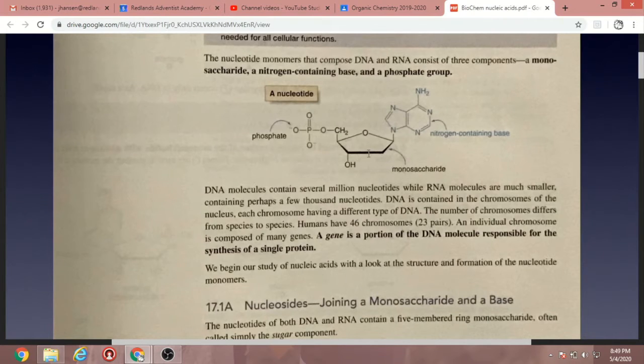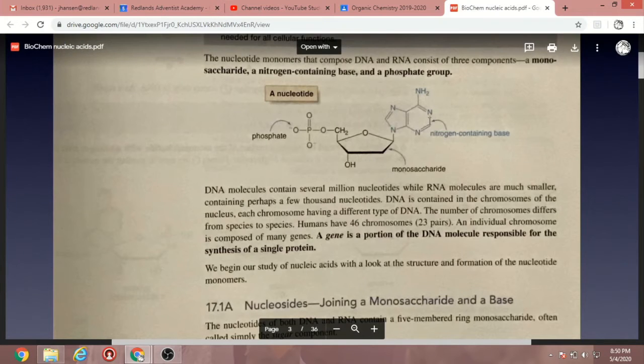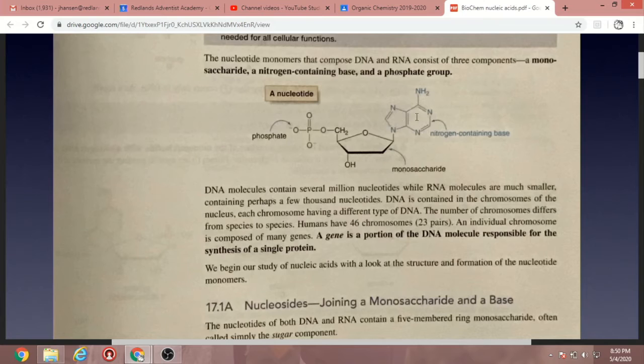A monosaccharide. Remember, of the monosaccharides, we have all kinds, but in this case, it's usually going to be either ribose or deoxyribose. And it also has a phosphate, which is just PO4, or phosphorus with 4 oxygens. And it also has a nitrogen-containing base, which we call a nitrogenous base. So it's not an amino acid or anything like that, but there's a whole lot of nitrogen in it. This is what's different in each nucleotide. Every nucleotide always has the sugar and the phosphate,